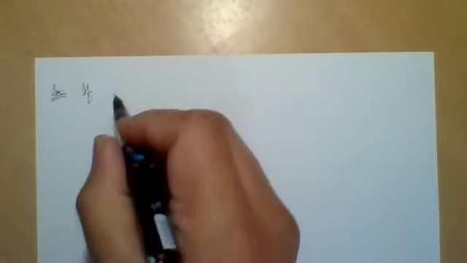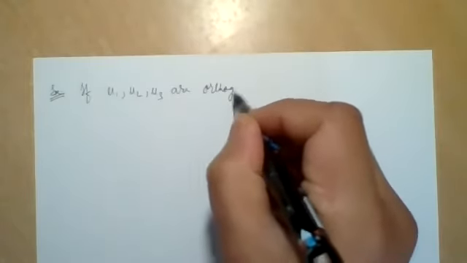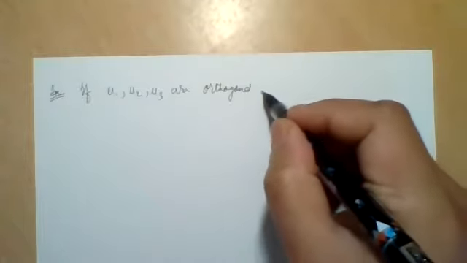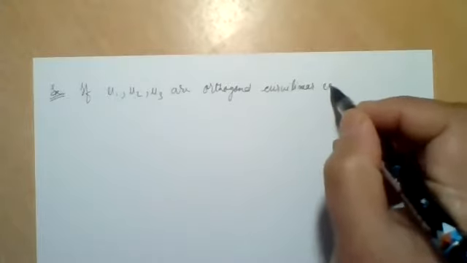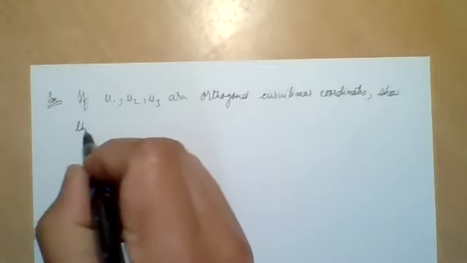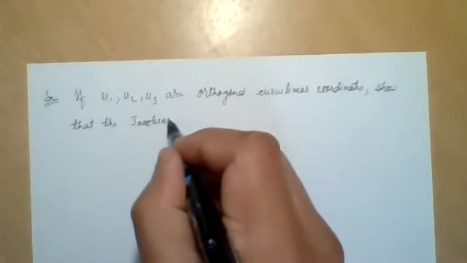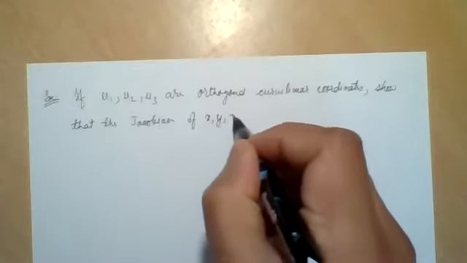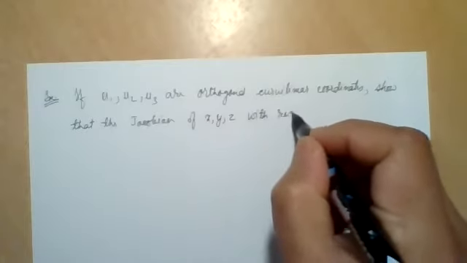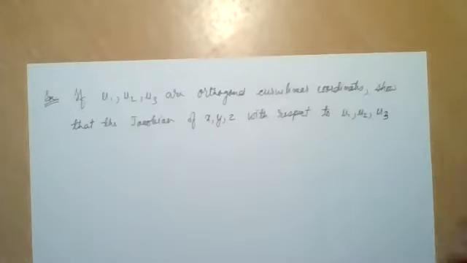Okay, so first let us start with an example. Here, if U1, U2, U3 are orthogonal curvilinear coordinates, show that the Jacobian of x, y, z with respect to U1, U2, U3 is,